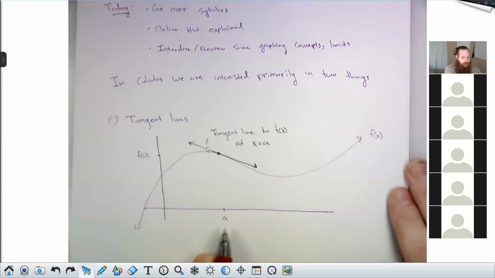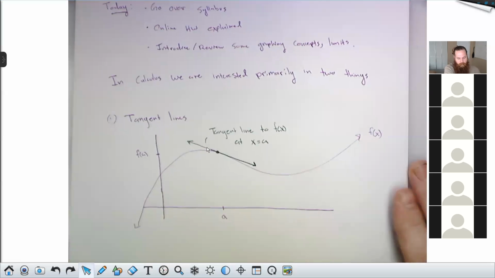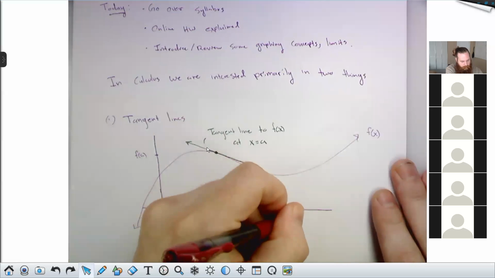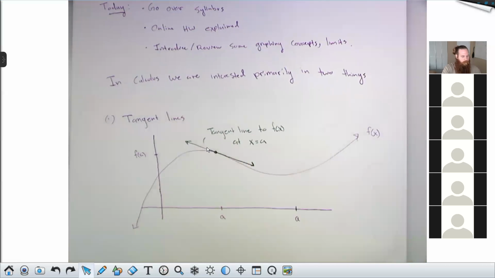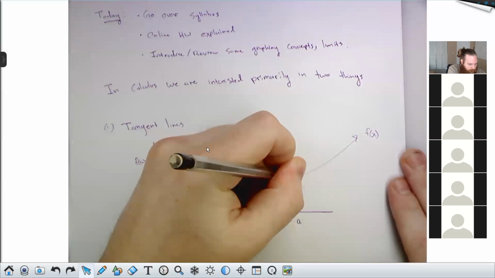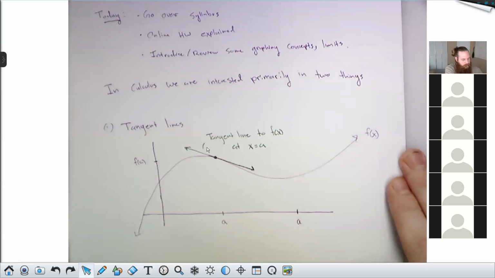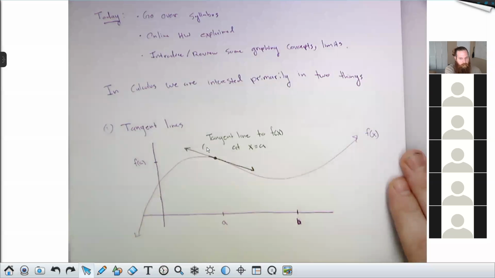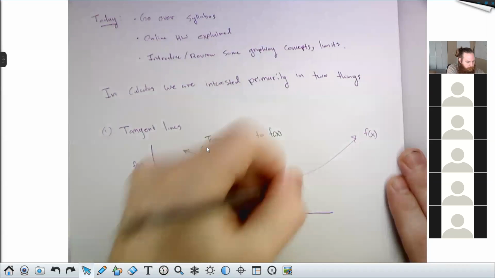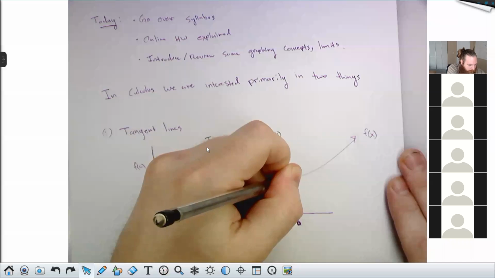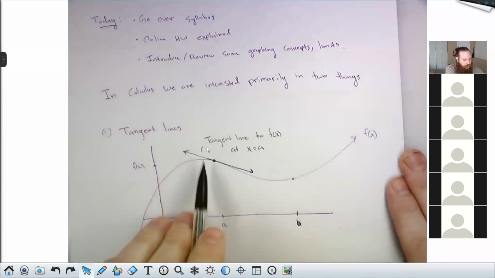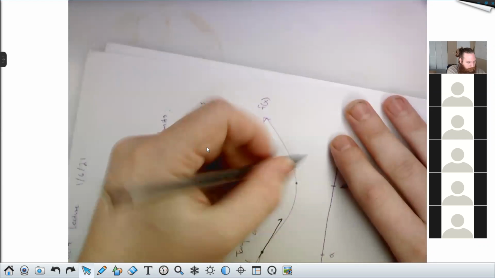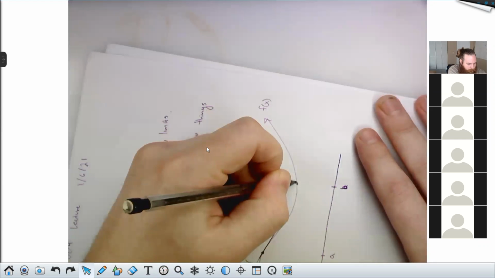So if I move this point a over here, for example, then the tangent line, now let me call this b. Why not? That way we're consistent. If I move this over to some x value here called b, then again, you think of the guy skiing along the graph, his skis would be pointing up now because he's going uphill.